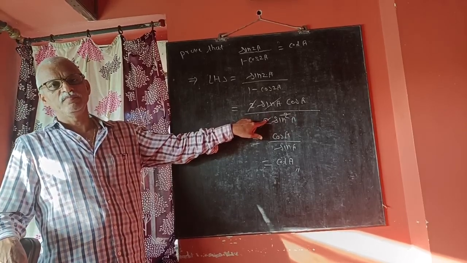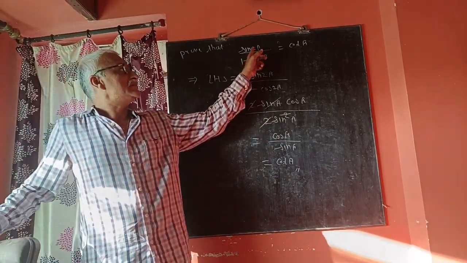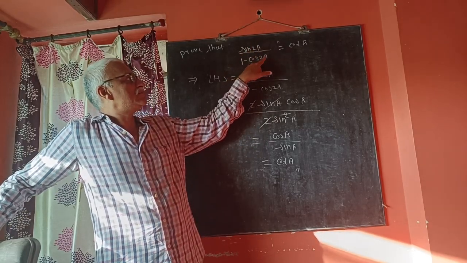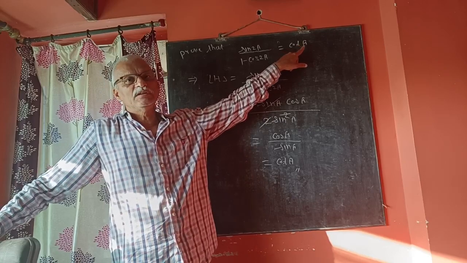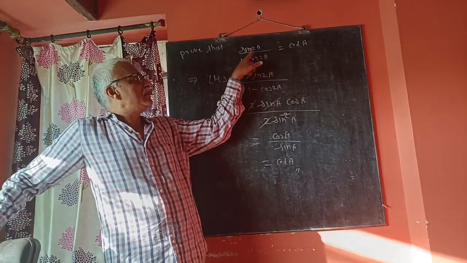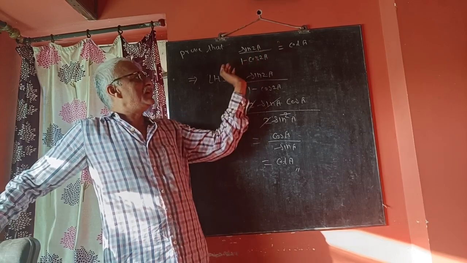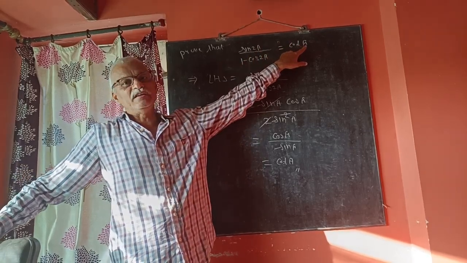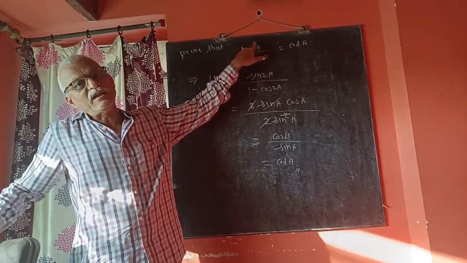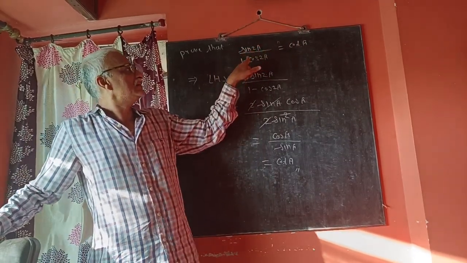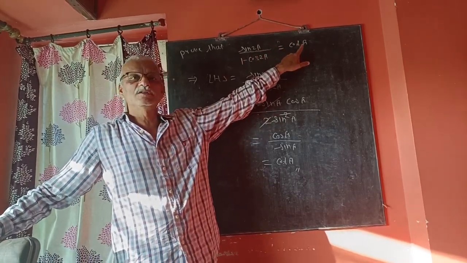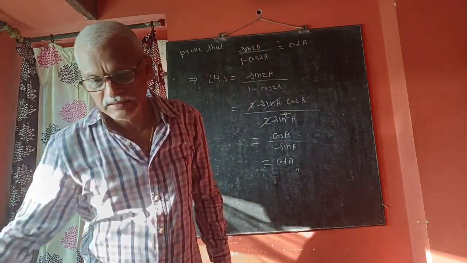What we have done is just replaced these terms by the basic formulas of sin and 1 minus cos. Here this angle is 2A. If I make this 4A, sin 4A upon 1 minus cos 4A, then this will become cot 2A. If I replace 2 by 4 on the left side, then A will be replaced by 2A. If I replace it here with 6, half of that 6 means cot 3A, and so on.